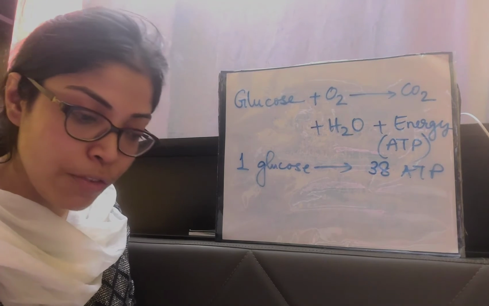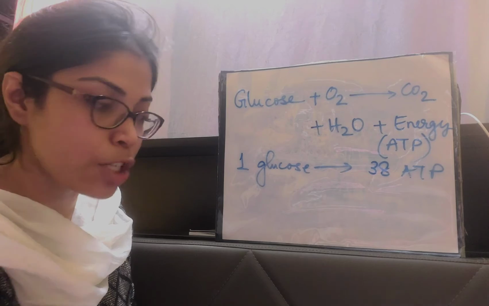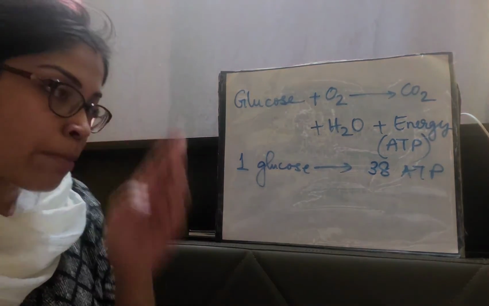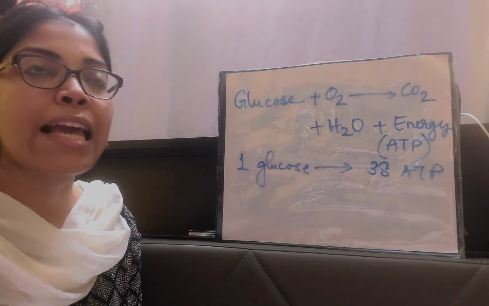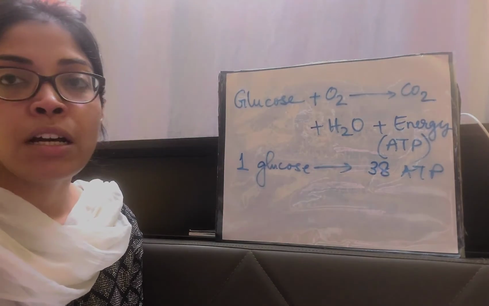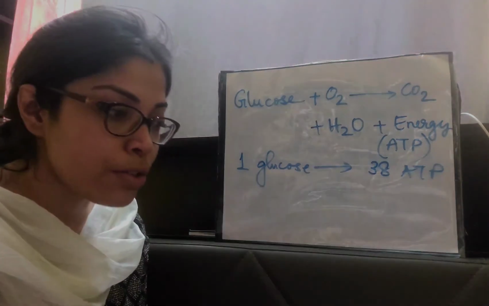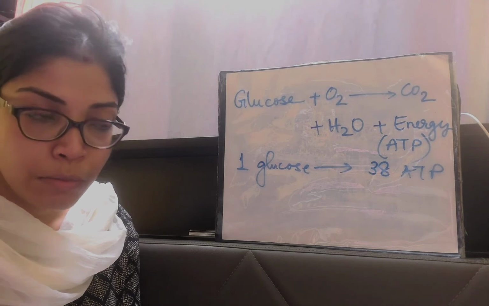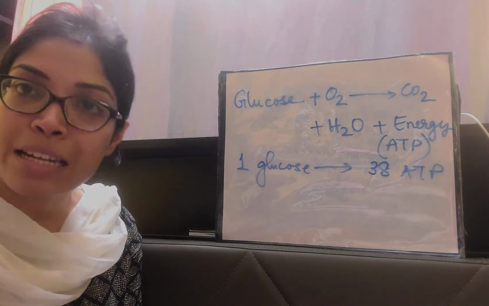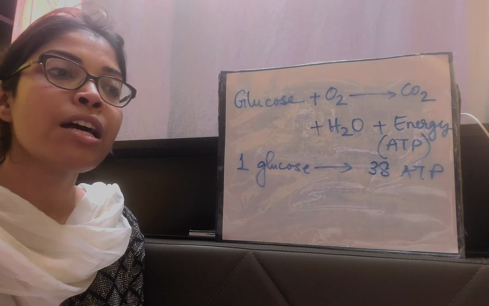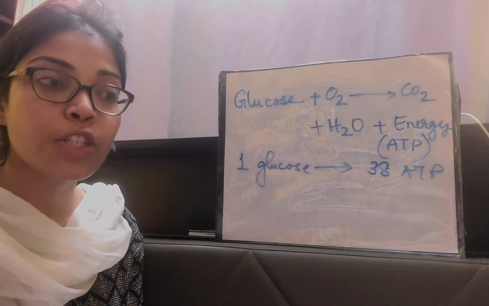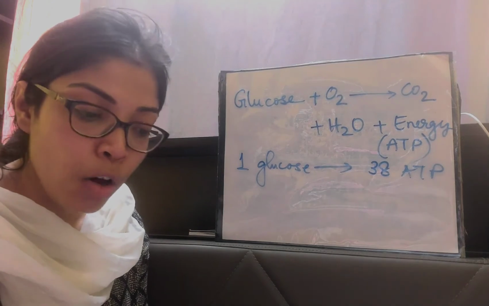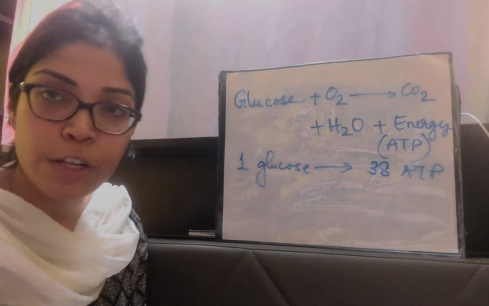The entire process of respiration takes place partially in the cytoplasm and some parts in mitochondria. So the cytoplasm and mitochondria of the plant cells are the exact locations where plant respiration takes place. The process of cellular respiration is similar in plants and animals. So the process of cellular respiration that takes place in us is the same as plant respiration, which takes place in the cytoplasm and mitochondria. This one is very important, the site of plant respiration or cellular respiration in plants.